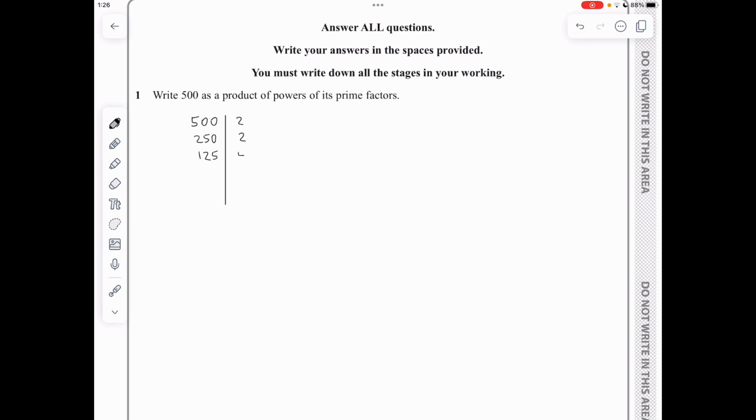Now this is divisible by 5. 125 divided by 5 is 25. This is again divisible by 5, so this leaves me 5. And then again 5 to get 1. So this means that 500 can be written as 2 to the power of 2 times 5 to the power